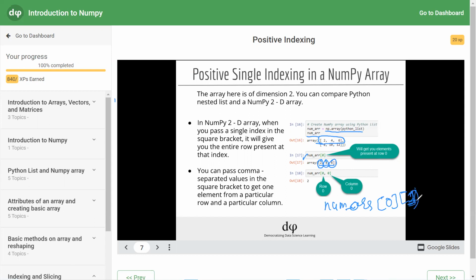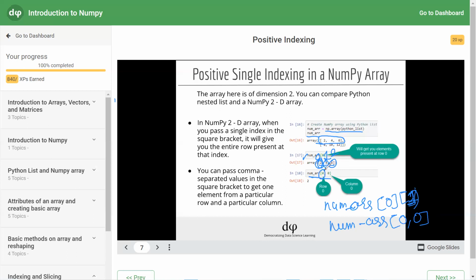That can be done. Or, if it is a NumPy array, you get the first subarray and you want the 0th index element, you write 0. You want the 1 index element, you write 1. You want the 2 index element, you write 2. So you want the 0 index element 2 to be printed on the user screen. So here you will write 0, 0.